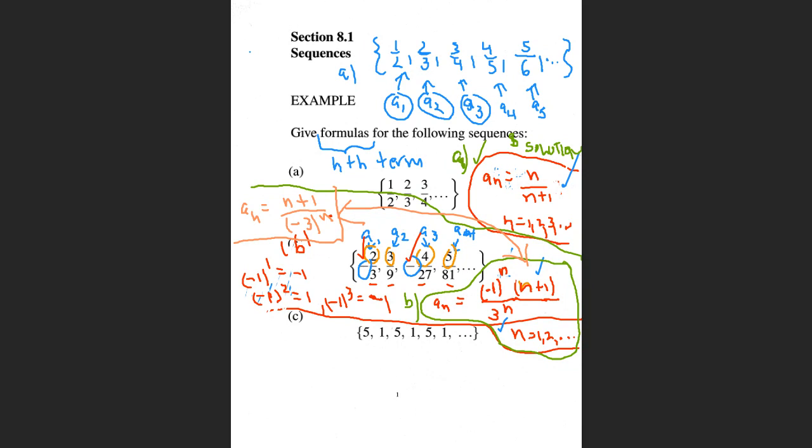The third sequence here is equal to, well, it goes 5 1 5 1 5 1 5 1 5 1, and that sequence is a little bit hard to get the formula for. So what I'm going to do is go right to the answer on that. So this is now the answer for C. What I did was I recognized, well, let me just,